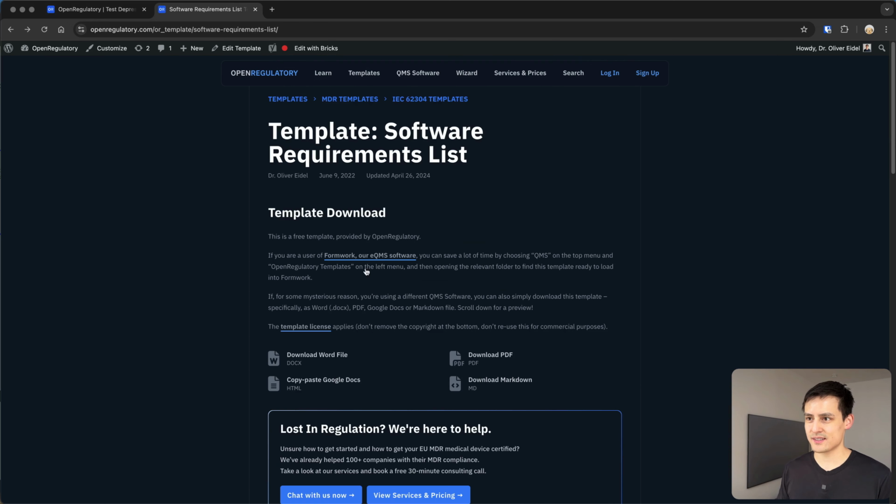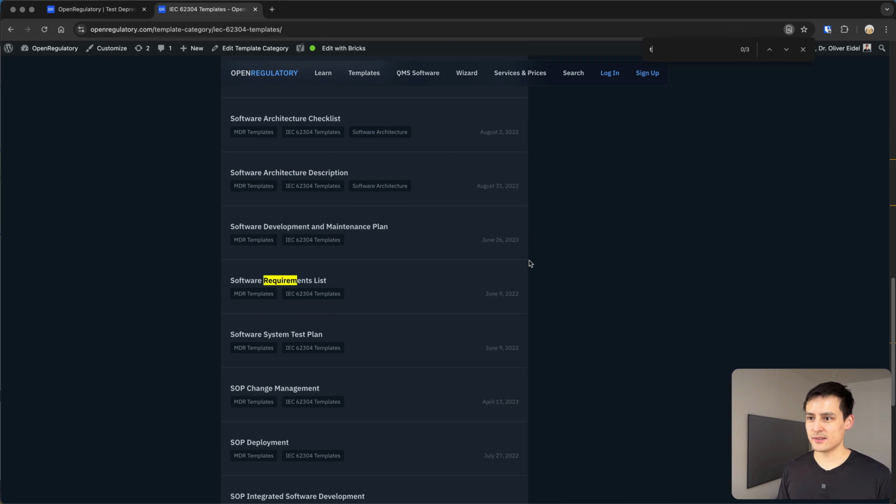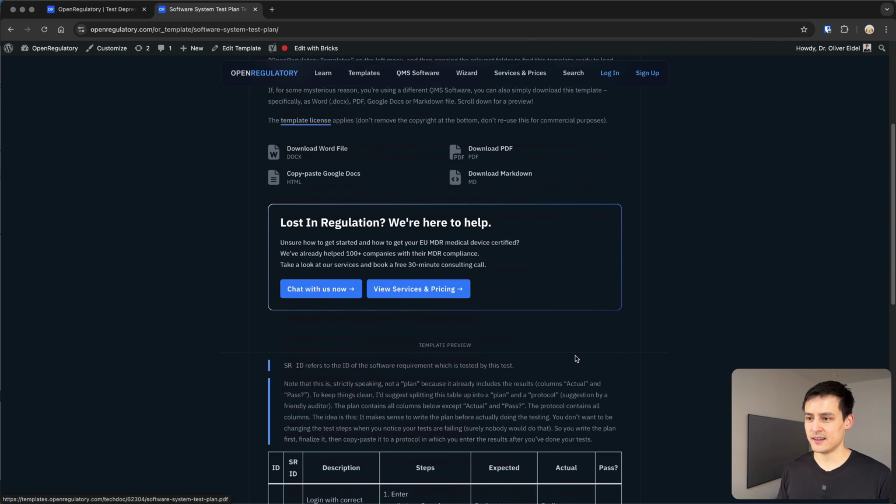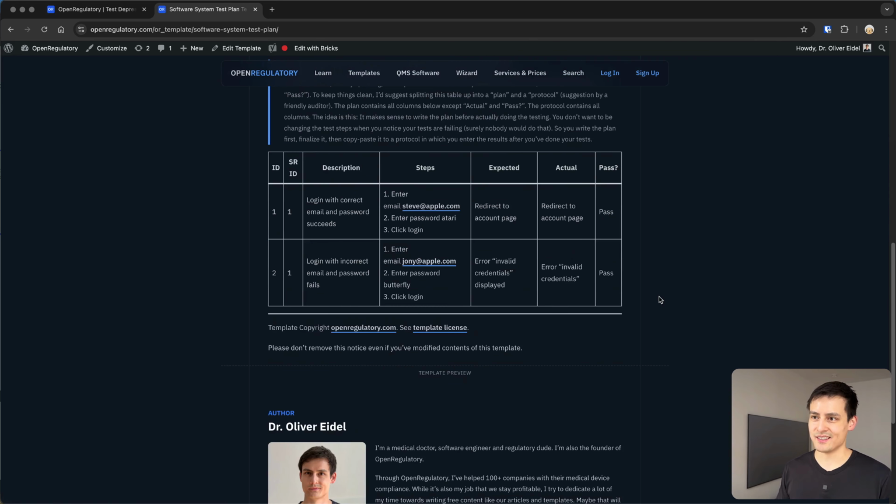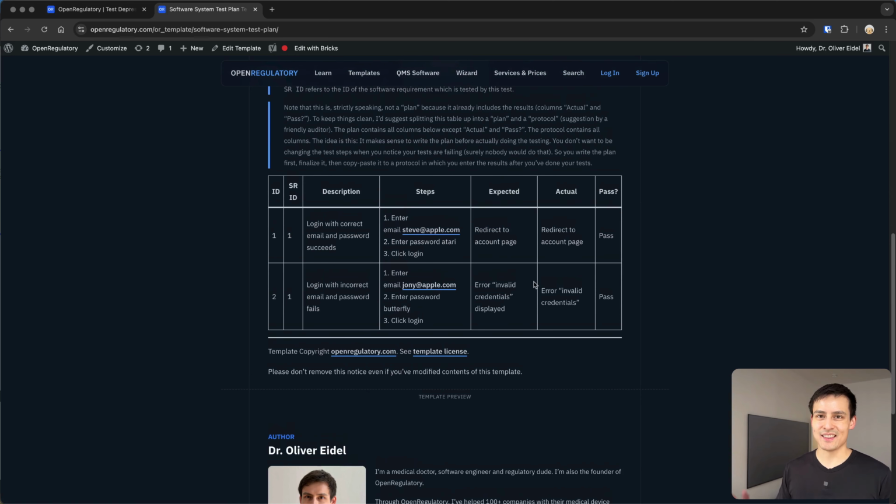You have a table of features. Then we go back to the test plan here. And here you have a table of tests. Okay, and the simple and, in my opinion, extremely terrible implementation here, if you would not be using Formwork, if